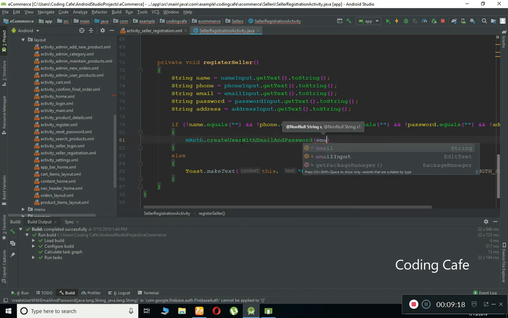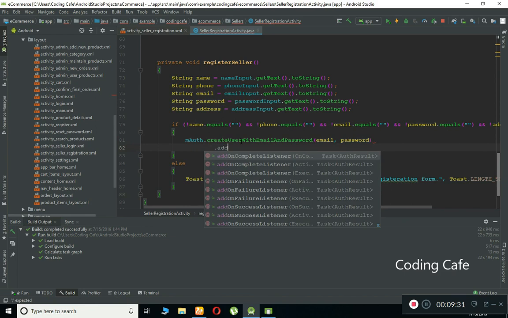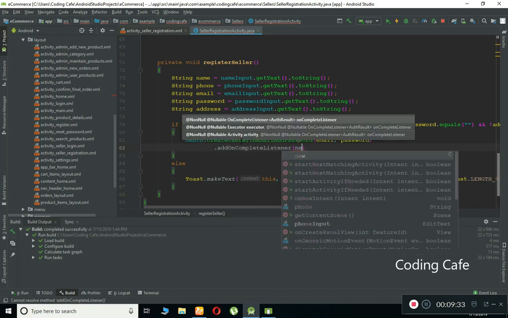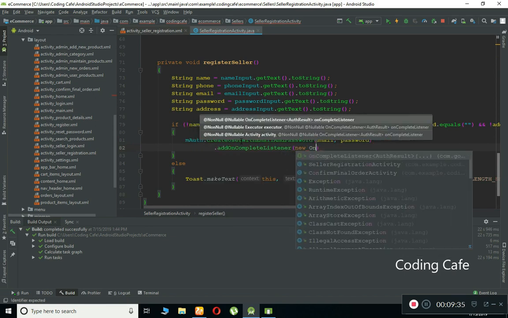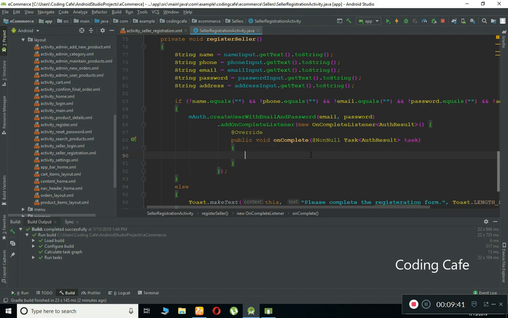Now it needs two parameters. The first one is the email, and the second one is the password, which the user, I mean the seller, will write on the registration form. Let's add an on complete listener on it, so we can say dot addOnCompleteListener, new OnCompleteListener. Make sure to put a semicolon here,